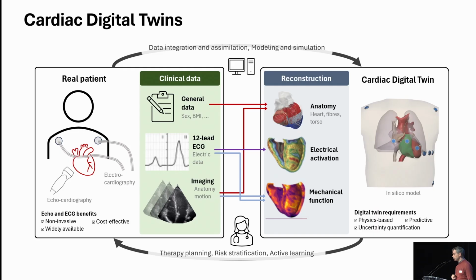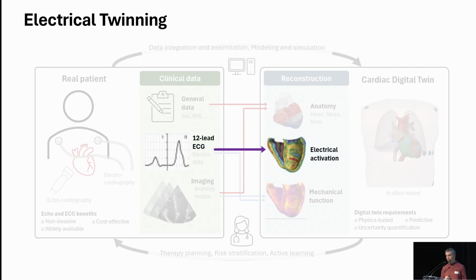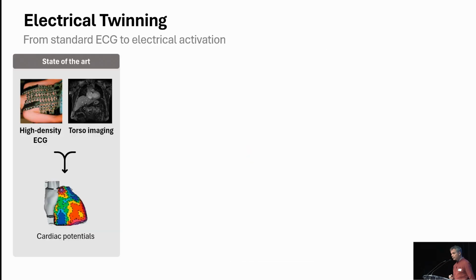Of course, there are a lot of components here to do. I will show you something very quickly on what we call the electrical twinning, so going from the ECG to the electrical activation. In the standard approach, you can take a very dense recording, and by solving an inverse problem, you can get the cardiac potential. There are technologies out there,